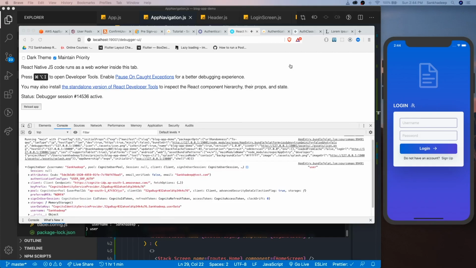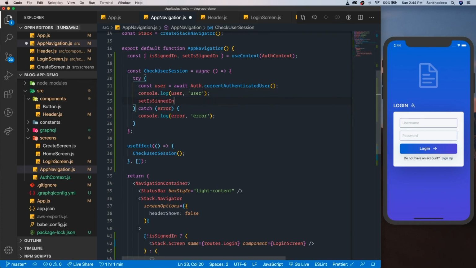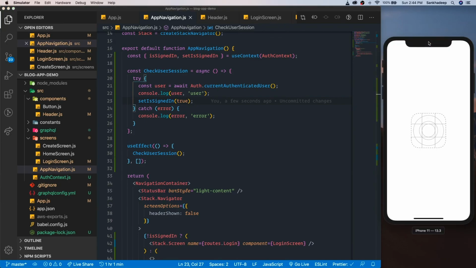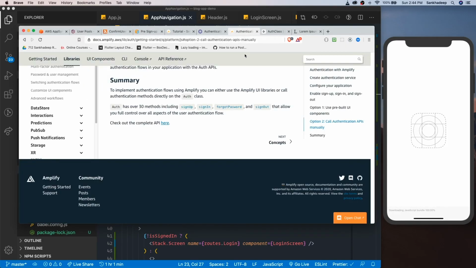So now we're going to handle it here. So if user is signed in, I will set this to true. All right, so yeah, that does it for me. Let me just close this tab and start it again. It's just taking